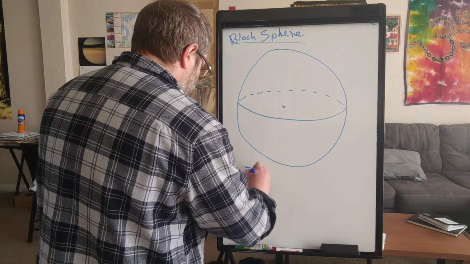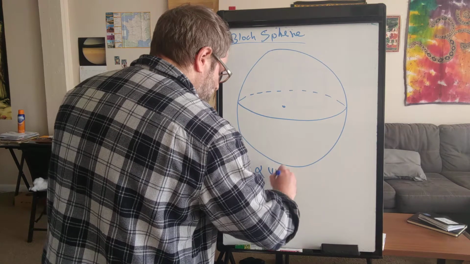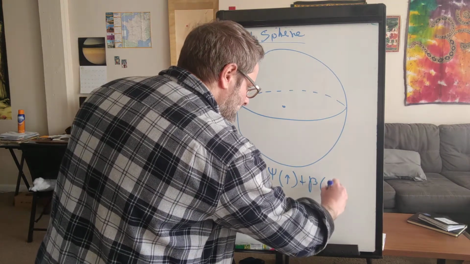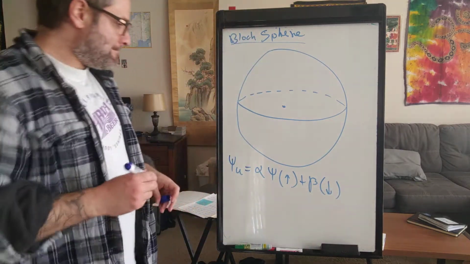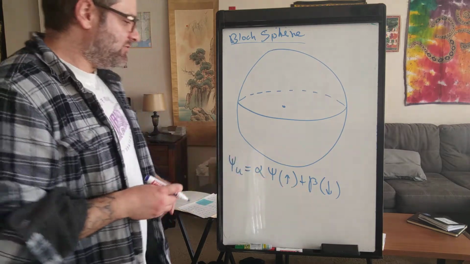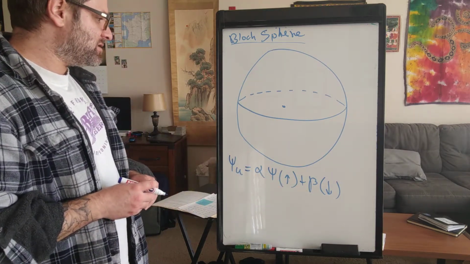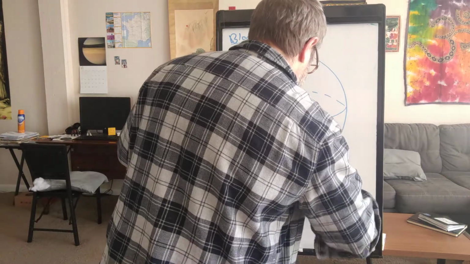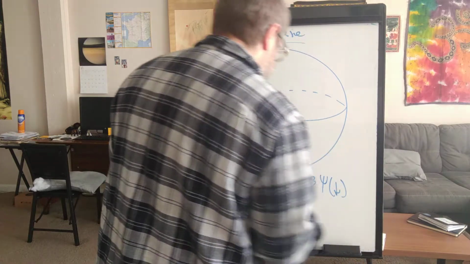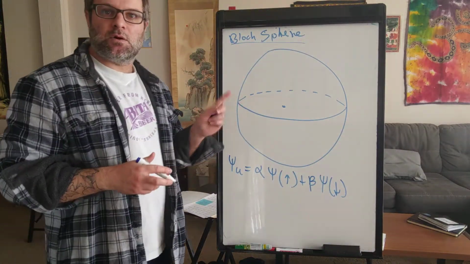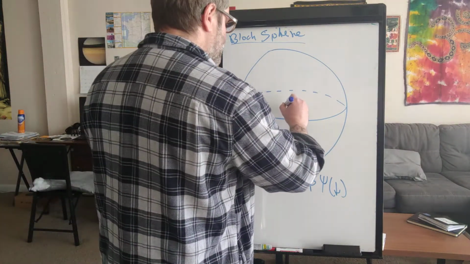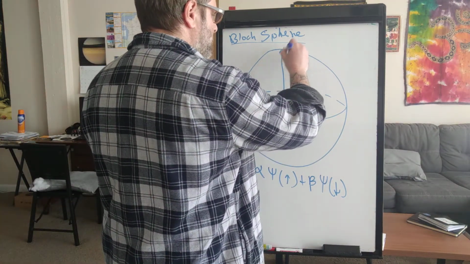psi of u equals alpha psi up plus beta psi down. Okay? We represent this unknown state with some variable in front of each of these basis states. We can represent each of these by a point on this Bloch sphere, right? What we usually do is we draw a vector pointing to a point, and if this vector points to the